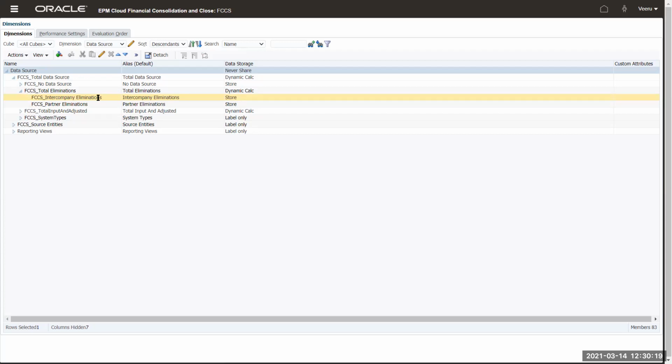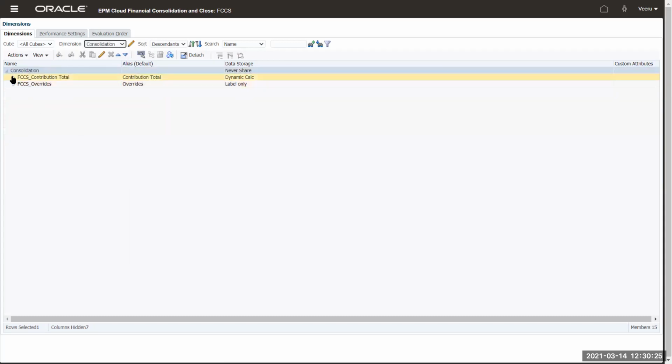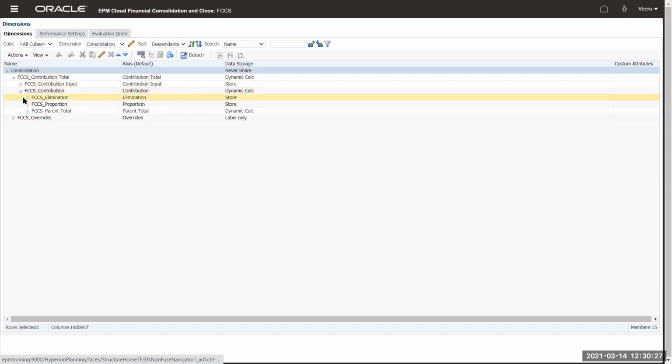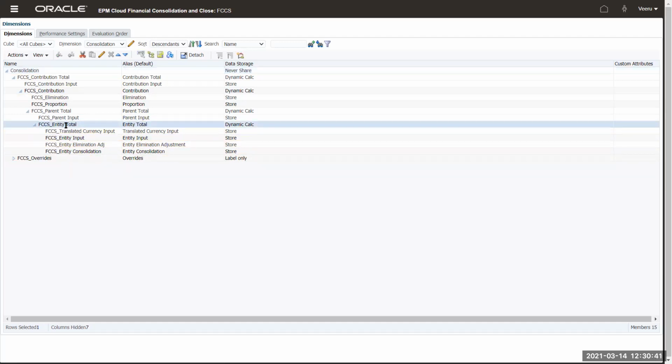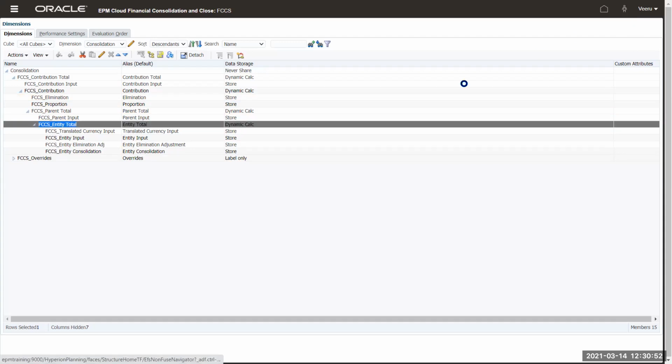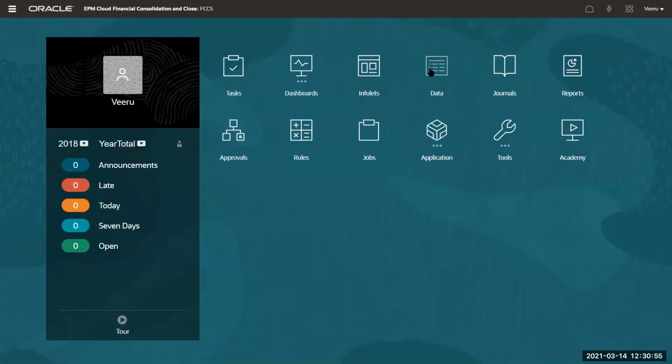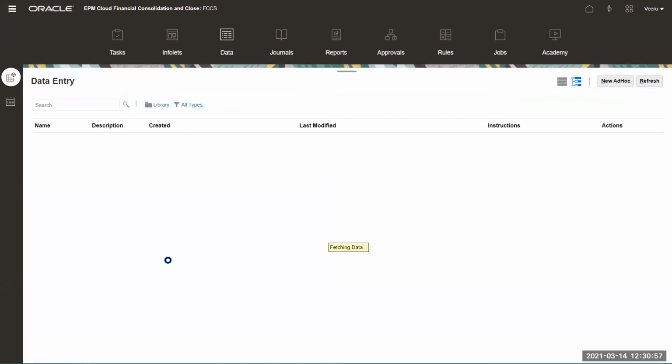Okay. And can you please go back to the consolidation dimension once? Expand that completely. So here, if my understanding is correct, I can see the data for a base level entity till entity total itself. Other than that, I can't see the data. Below any member, above any member, if I'm selecting a base level entity, I cannot view the data, correct? You can view the data. Let me show you. No, we can't view the data, I believe, because in the valid intersection, there is a condition.